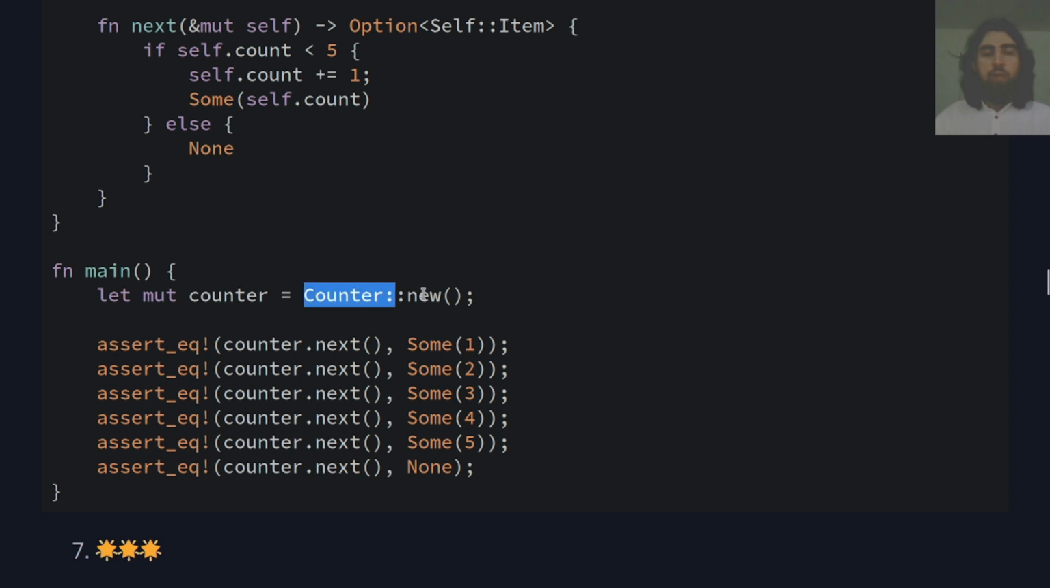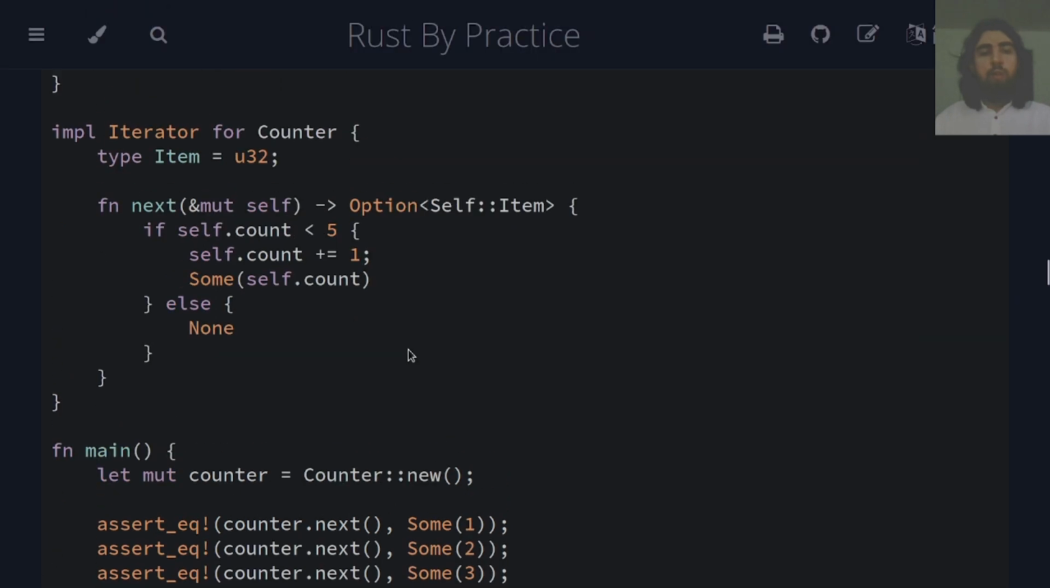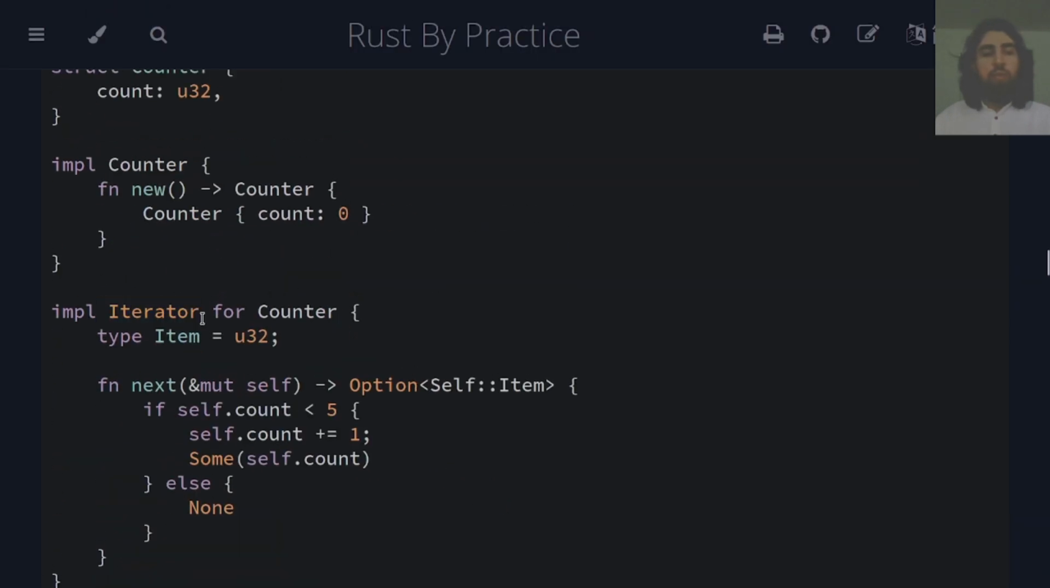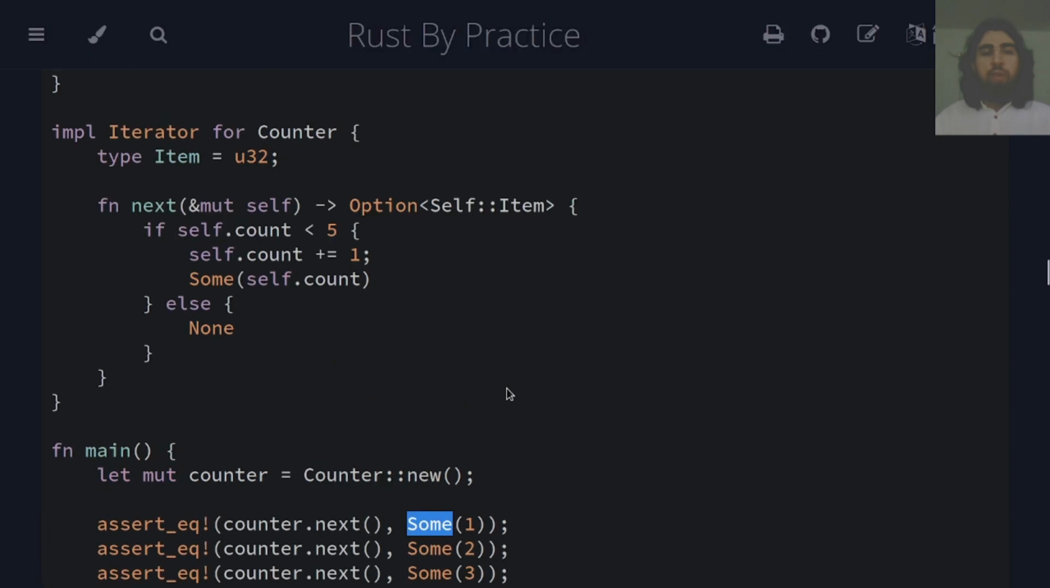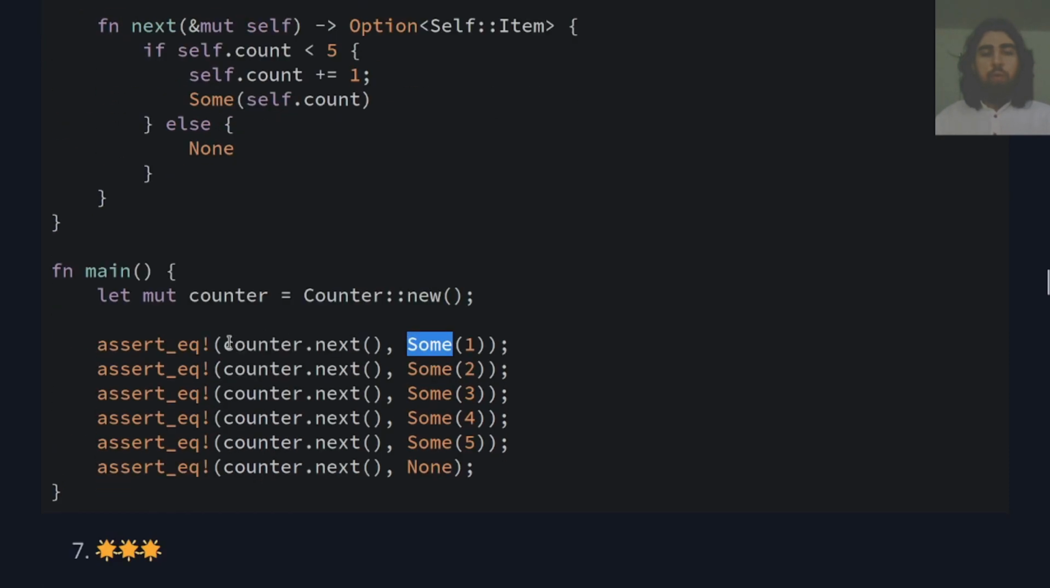So as you can see, we are then creating a new instance of this Counter type using the new associated function. And then, as you can see, when we call the next method on it, right, because we can do that because we have implemented the Iterator trait for our custom type. So when we do that, we just get back the value of count. As you can see, when calling next,